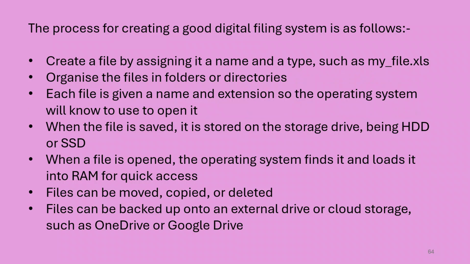You create a file by assigning it a name and a type, such as myfile.xls, and XLS indicates that it's an Excel file. You organize the file into folders or directories. Each file is given a name and extension, so the operating system will know how to use it and open it. When the file is saved, it is stored on the storage drive, being either a hard drive or a solid-state drive. When the file is opened, the operating system finds it and loads it into RAM, that's random access memory, for quick